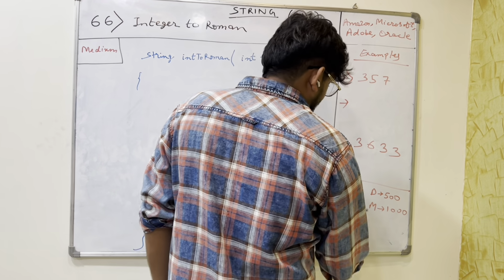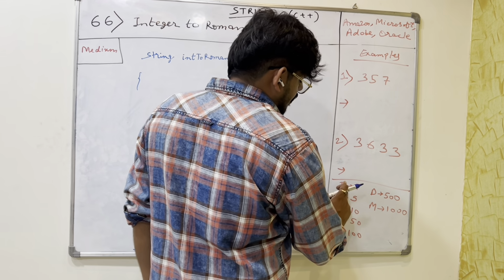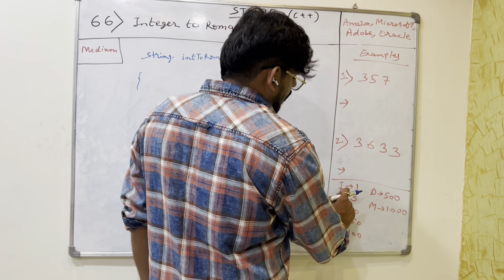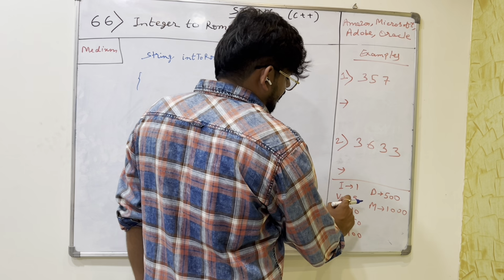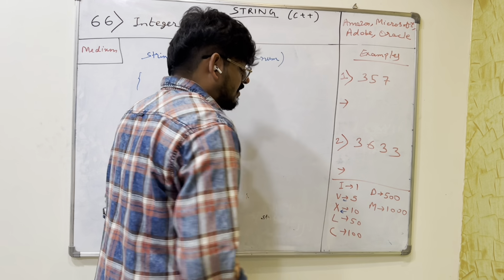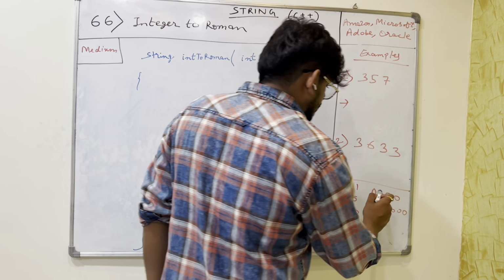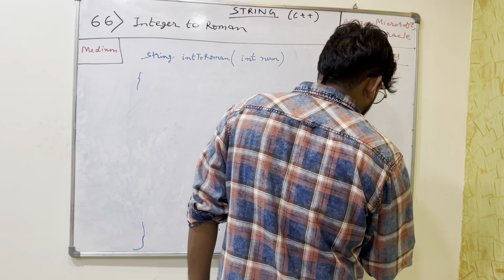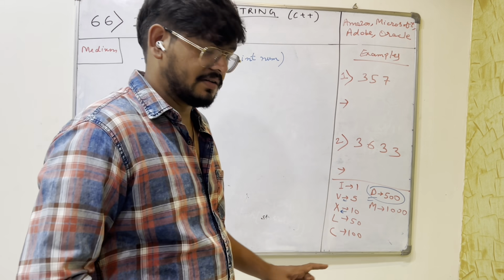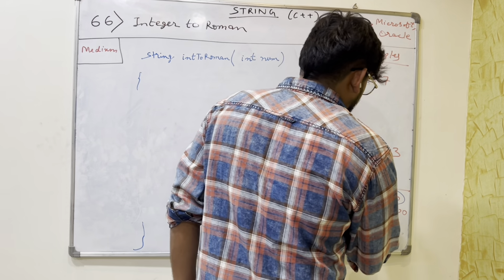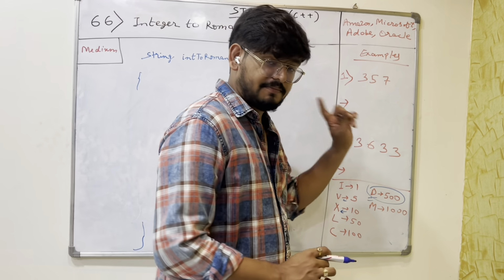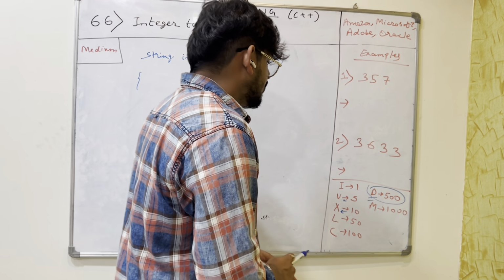So you know already, right? These are the values for Roman which are converted. These are the symbols. For 1 we represent 1 as I, V as 5, and 10 as X. And we also represent 500 as D. Okay, so I forgot to mention this in the previous example. So this is there, so we need to add that into the map, as in that previous question. Okay, so no worries, you would have seen it in the